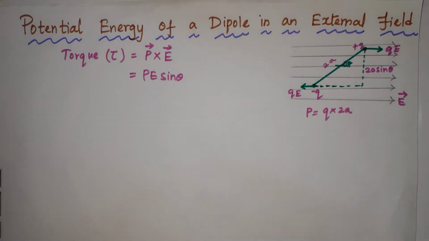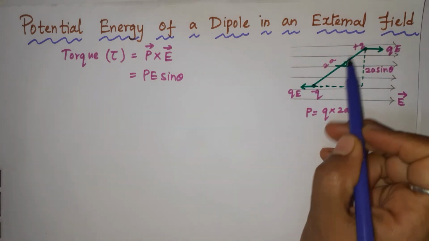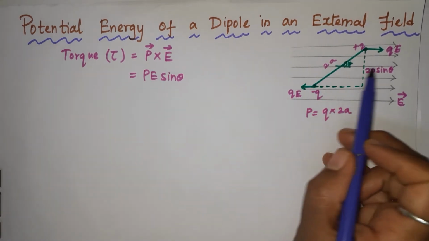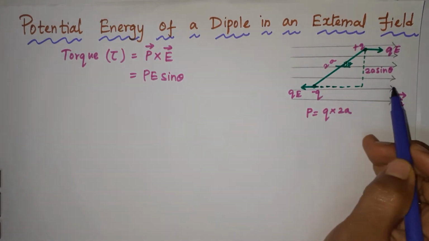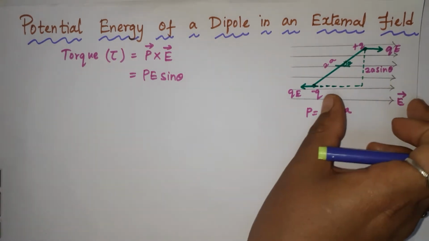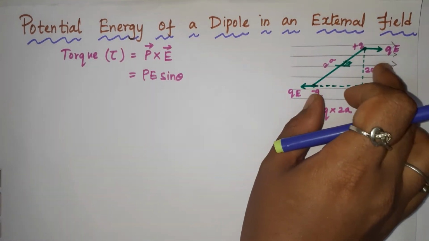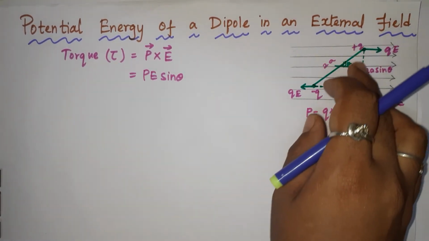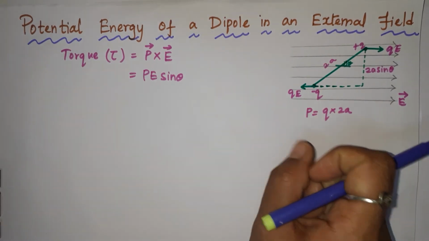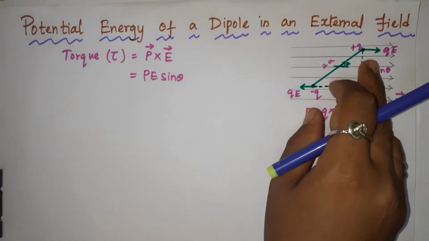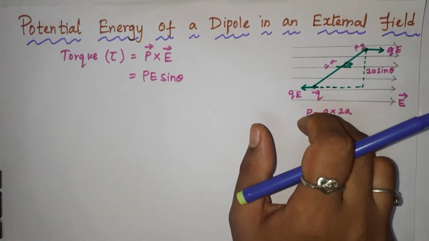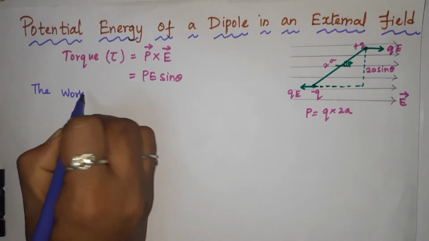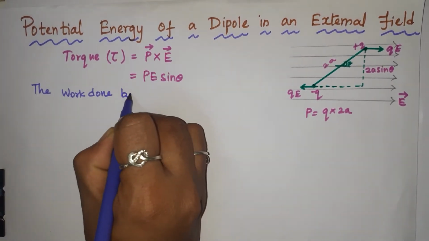This torque will tend to rotate the dipole parallel or anti-parallel to E. Suppose an external torque is applied in this manner, it just neutralizes the torque and rotates the dipole from theta 1 to theta 2, with negligible angular speed and without angular acceleration. Then the work done by the external torque is